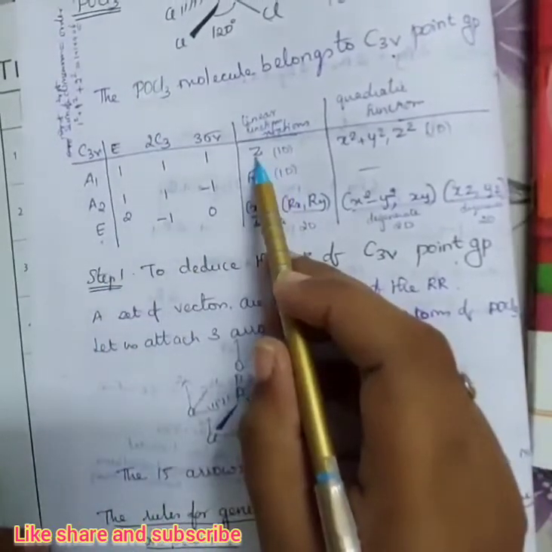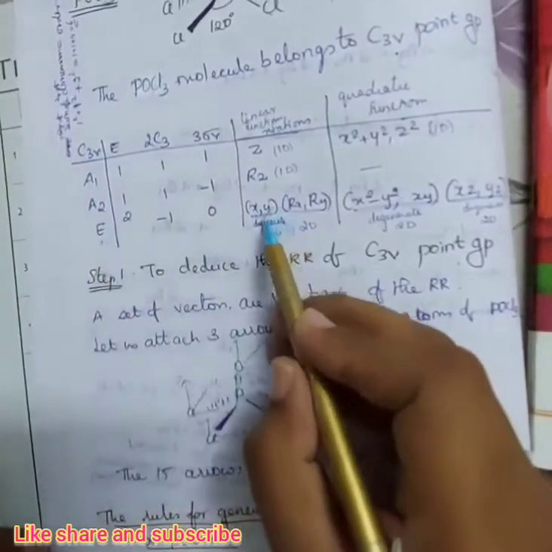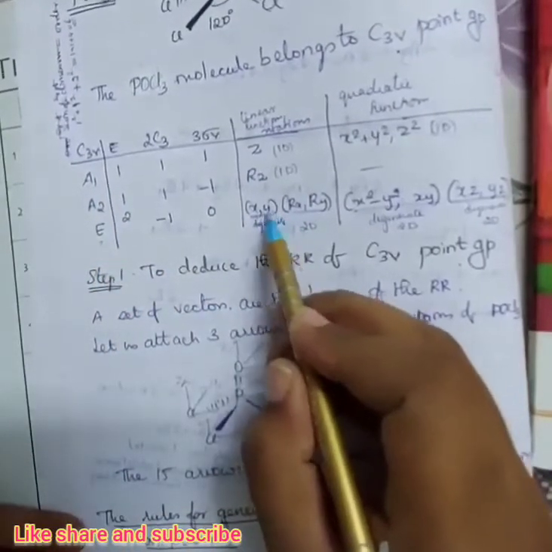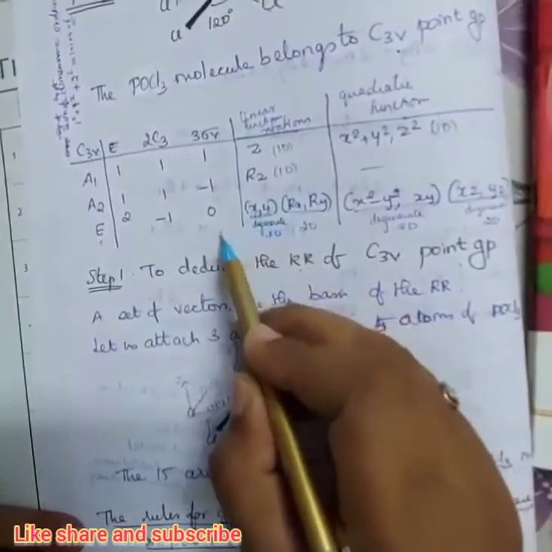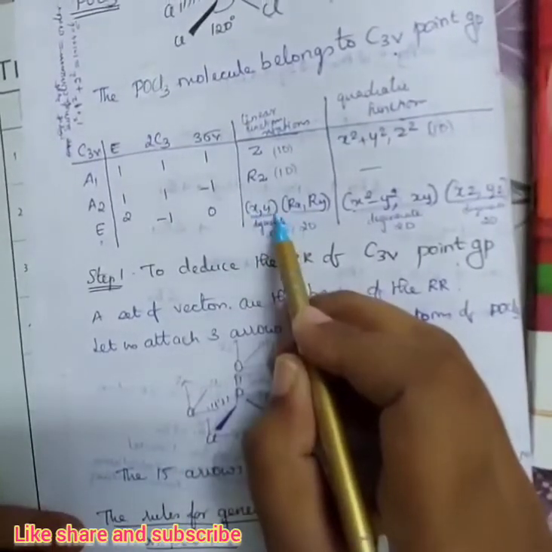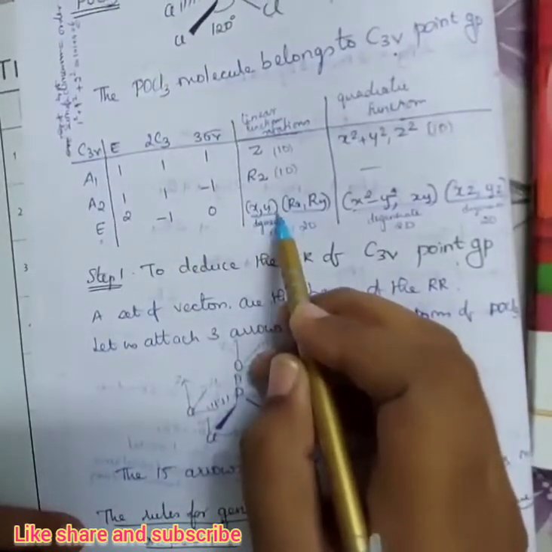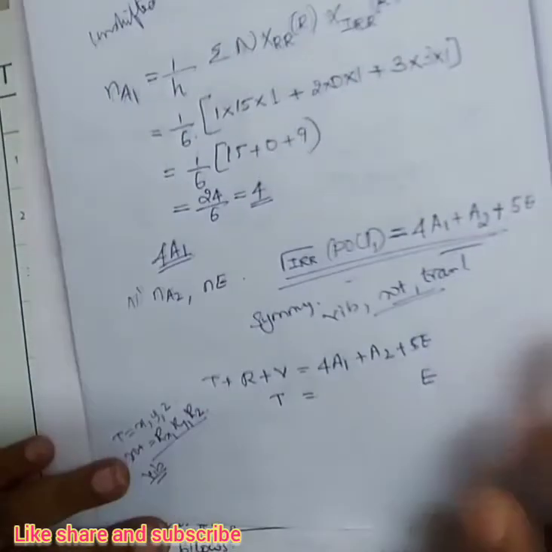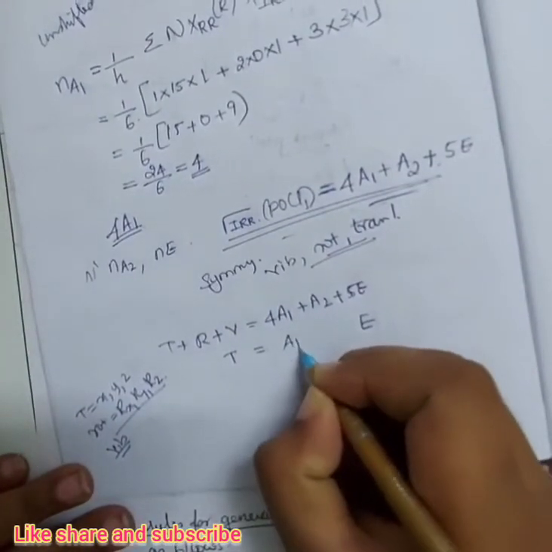So X and Y together form a single operation, that is single E. For Z, there is one A1. So one A1 and one E. Okay, so don't confuse that. We have X and Y, so we should not take 2E. We should take this X and Y together as 1E because it is given in the bracket. That is two-dimensional, X and Y direction. So we have to write 1E and 1A1.